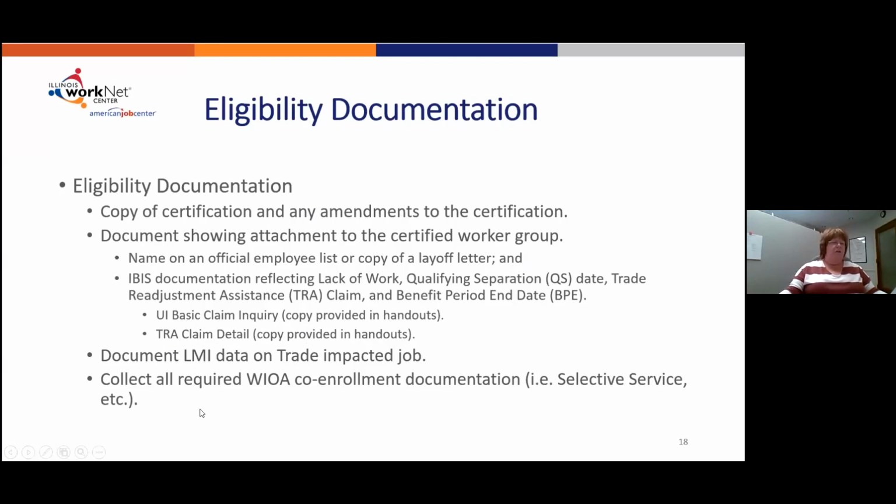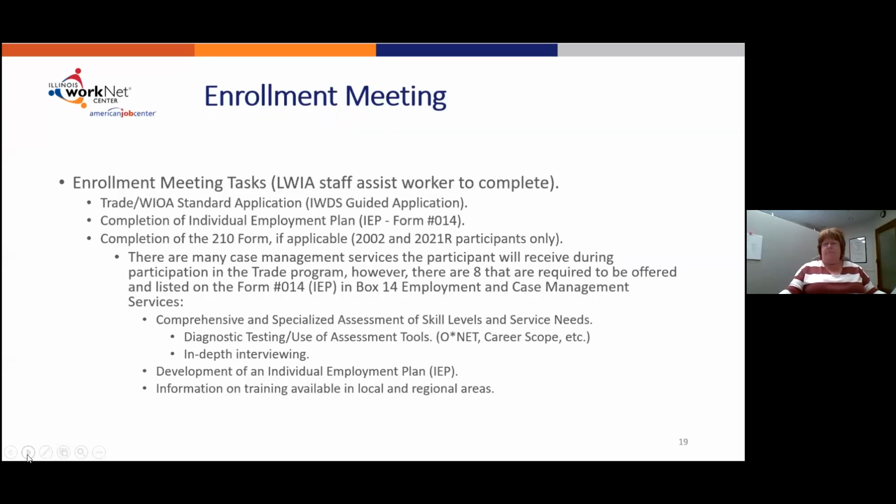and collect any other required co-enrollment documentation. I mean, this is not all of the documentation that needs to be in the file, but this is just basic eligibility documentation that must be in there for sure. And once you're meeting with the participant at the enrollment meeting, some of the tasks that you're going to do